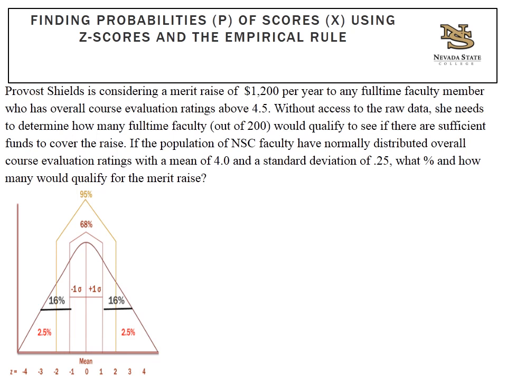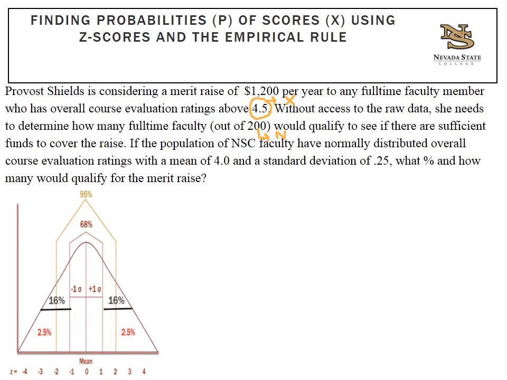So let's go ahead and highlight some of the really important bits of information here. So I'll use yellow. So Provost Shields is considering a merit raise of $1,200 per year to any full-time faculty member who has overall course evaluations above 4.5. So this is our X, our value of interest, for above 4.5. Without access to the raw data, she needs to determine how many full-time faculty out of 200, this is our population, or sorry, population size,